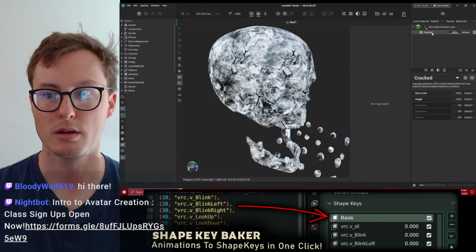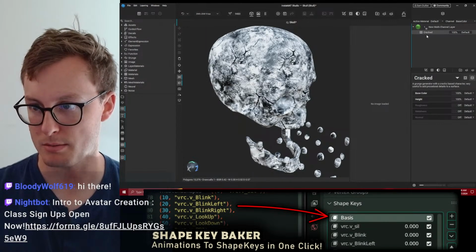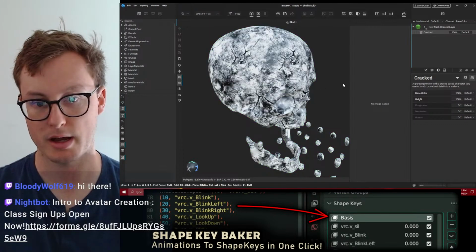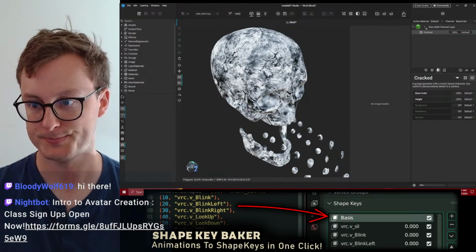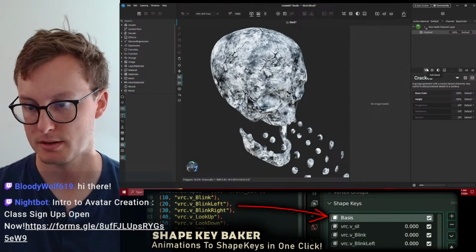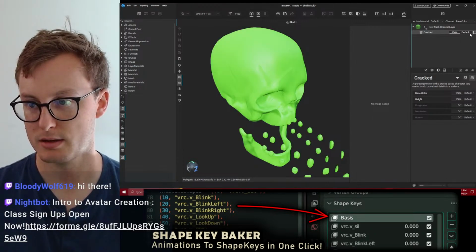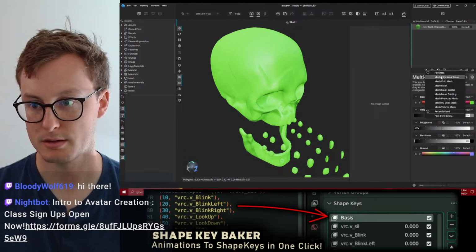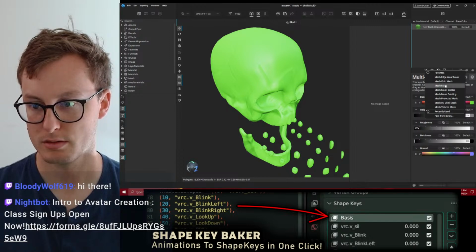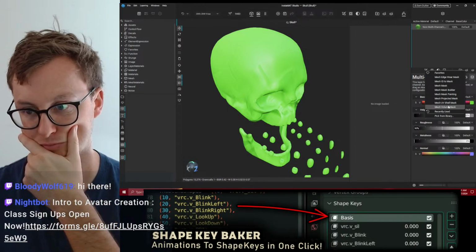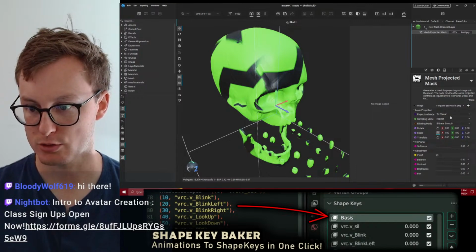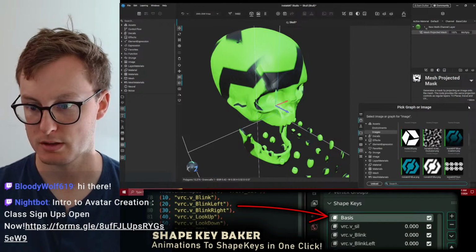Oh, okay, okay. This is not a mask. I'm not creating a mask here. I'm creating a new paint layer on top of this. Gotcha. Okay, that makes more sense. Not like Substance, not a mask. So what I'd want to do instead is delete this, add a mask, projected mask, and triplanar repeat.